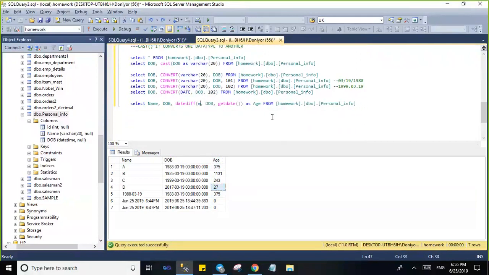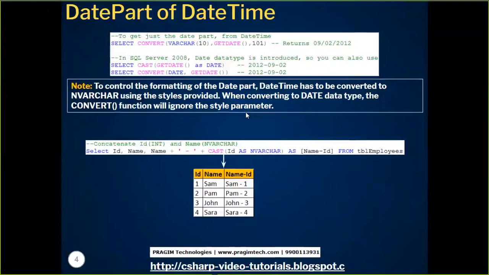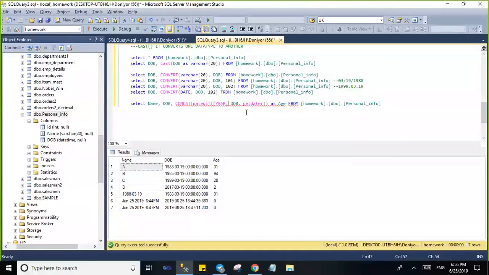Month is, so let's say year. Now if I want to concatenate this, let's say without the concatenation, just plus, the difference plus years